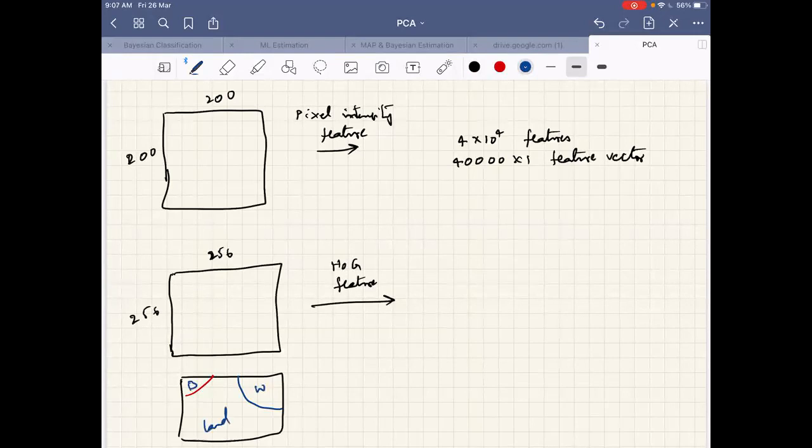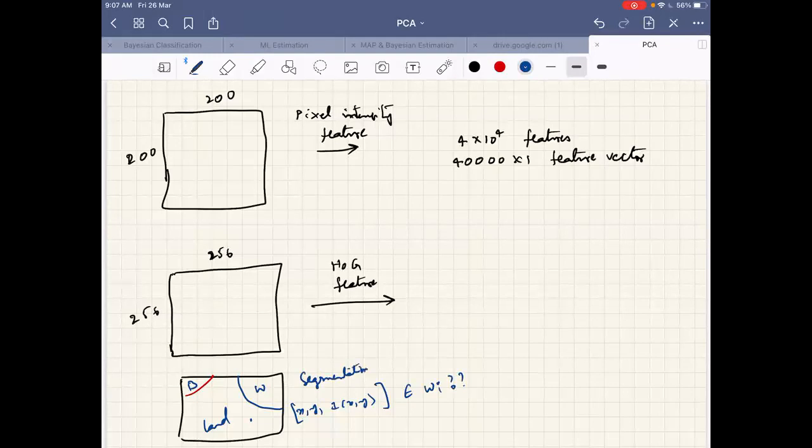If this is buildings and this is water or land, in such a case I take the features for each of the pixels, and then I classify each pixel into one of these three categories. I take at each pixel a feature vector, let this be x comma y comma intensity I of x comma y, and based on this feature vector at each pixel xy, I decide which category it belongs to, omega 1 or omega 2 or omega i. This is referred to as segmentation, as I said before.